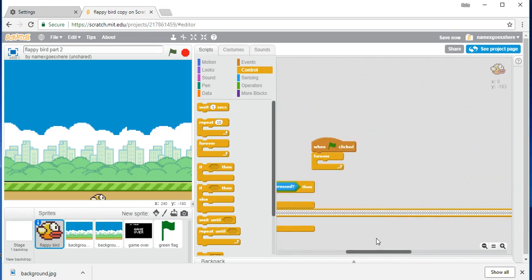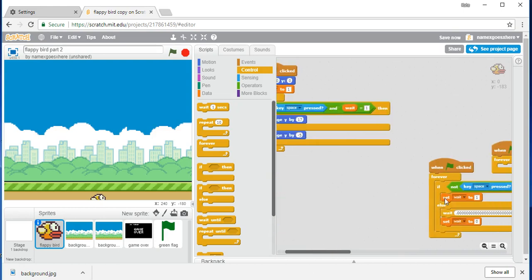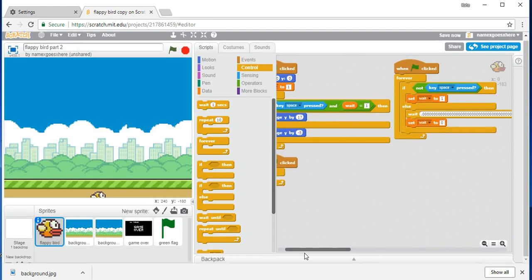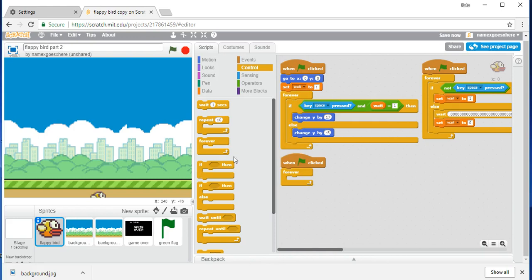One second. If we get into this little area... Sorry, I'm taking so long. Yeah, perfect. And then we press clean up. There, that's perfect. And then, okay, so anyway, when green flag is clicked, if